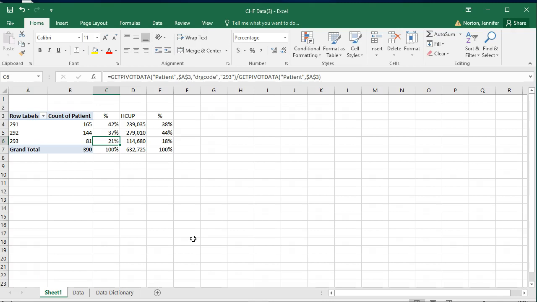Which DRG does General Hospital have a higher percentage of patients than the HCUP percentage? And what does this mean for the hospital compared to other hospitals with the typical HCUP mix? Okay, so you're just answering that question. How does our data compare to that HCUP data? How do those percentages compare? And how might that impact